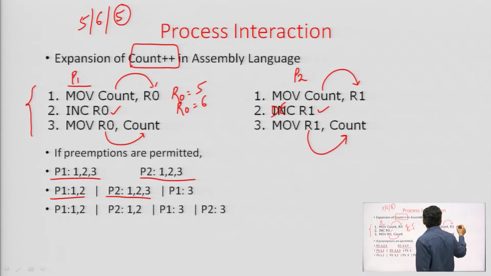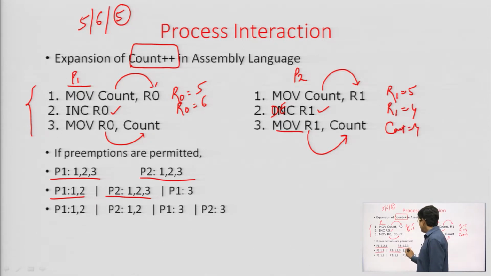So, the value of count obtained by the R1 register will be 5 through statement number 1. Statement number 2 finds its value as 4, because a decrement operation is performed on the R1 register, and then the value of R1 is shifted back to count. So, count contains 4 now, after which this process completes and the P1 process executes from statement number 3,